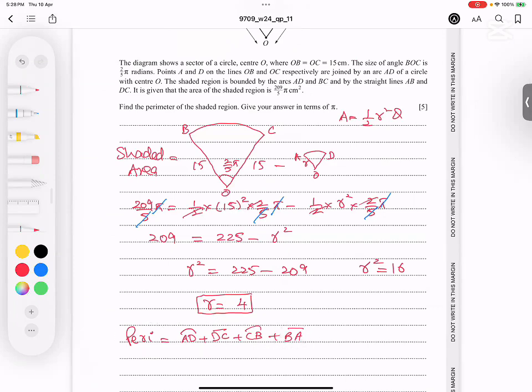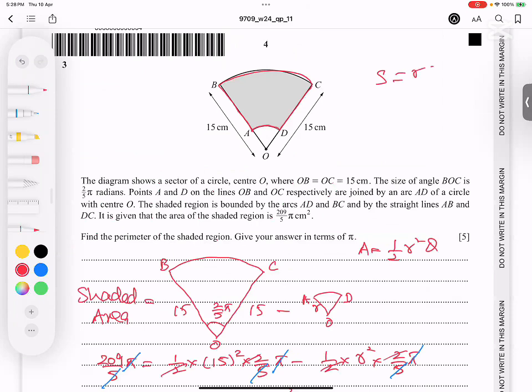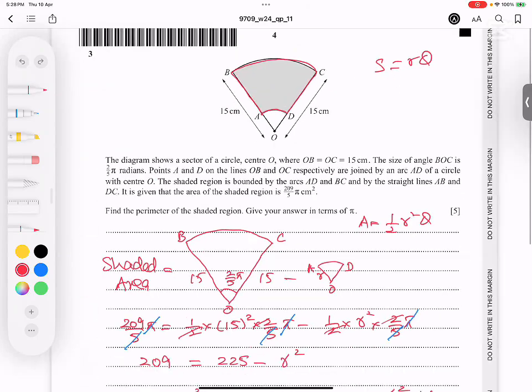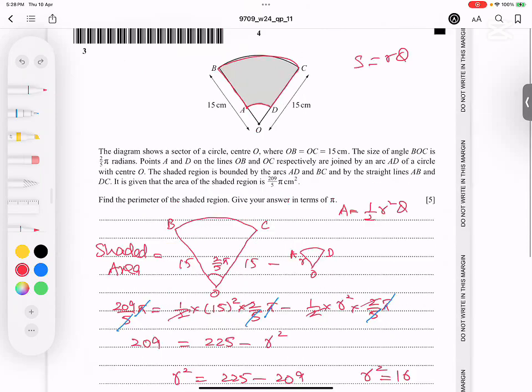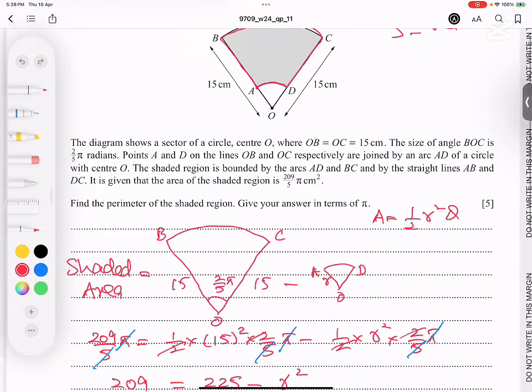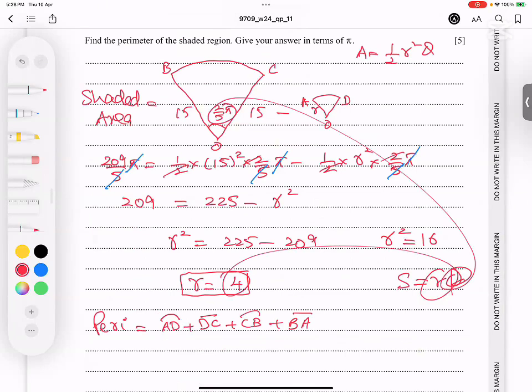Okay. So now how to fulfill the planning? S is equal to R theta. The bigger one, R is 15. Theta is very clear, obviously we know it. And the smaller is also easy. Smaller radius, I got just 4. So for the smaller, S is equal to R theta. The radius is 4. Theta, you know it very well, the same. So I'm writing here 4 times 2 by 5,